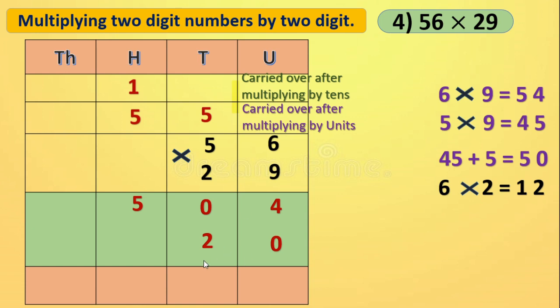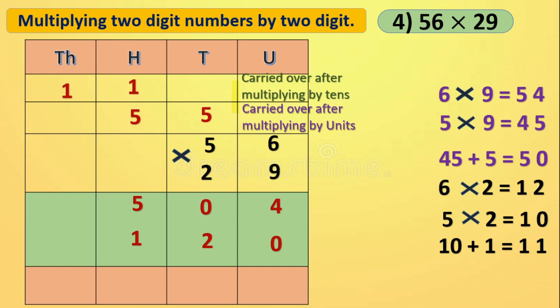Okay. Now 2 is here, 1 is here. Now we will move to 2 5s are. 2 5s are 10 plus 1. That is 11. Okay, this you have to remember. We have to add this 11. So we will write 11 here. 1 will remain here. This is carried over to thousands place.